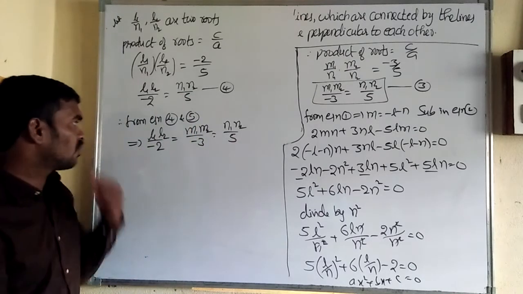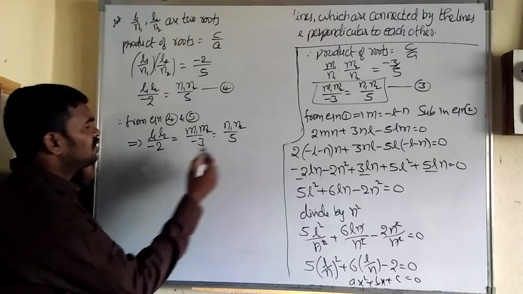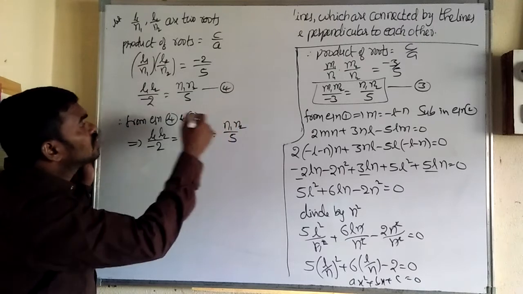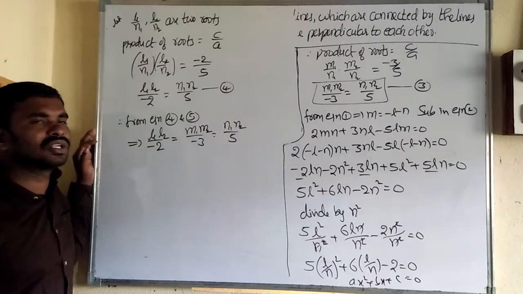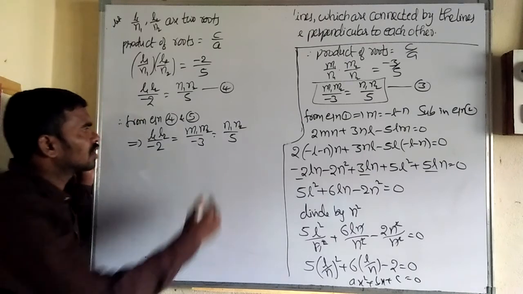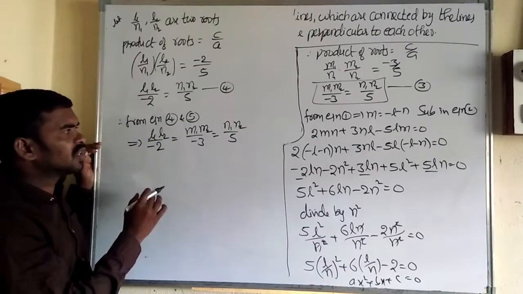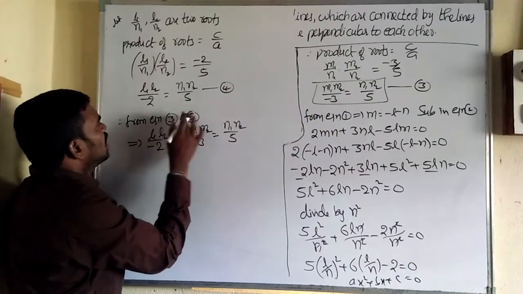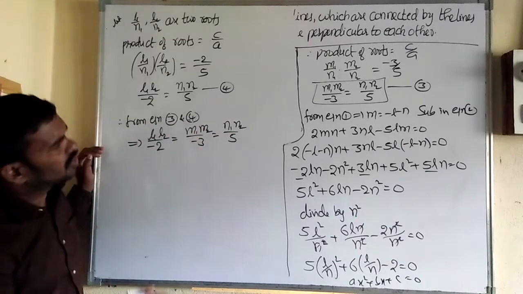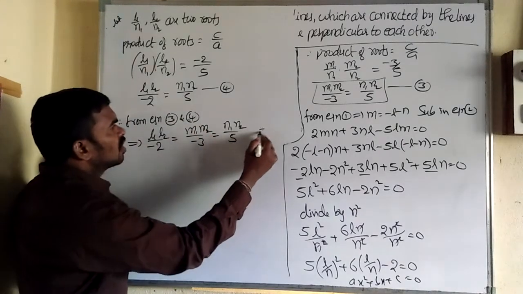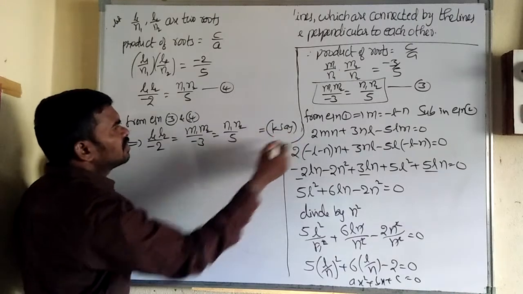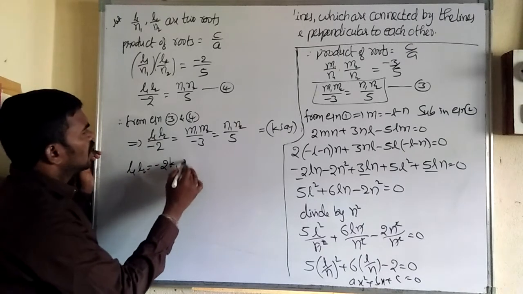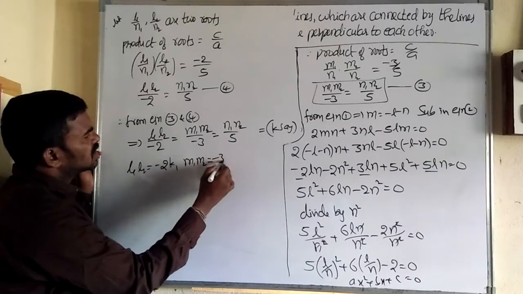Okay. So therefore, we have to prove the two lines are perpendicular to each other. The two lines are perpendicular to each other. So we got this one. We got, okay, sorry, equation 3 and 4. Equation 3 and 4. Okay. Let me take this as some k. Say, let me take this as k. Then L1 L2 is equal to minus 2 into k, minus 2k. M1 M2 equal to minus 3 into k, minus 3k.